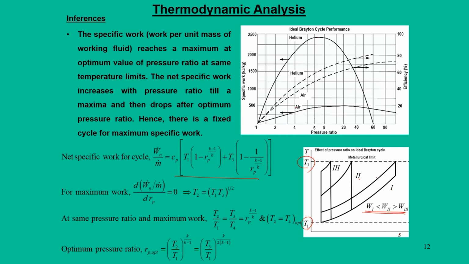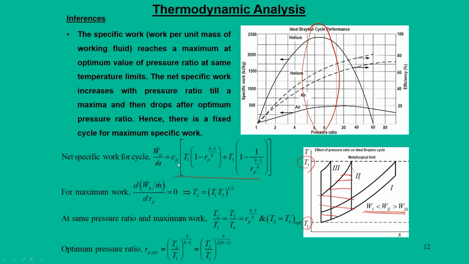But what we can have, we will get the optimum work in the cycle 2 only. So basically this is true because we want to operate the cycle only for a maximum power for which the pressure ratio is optimum. So that is the reason we normally operate the gas turbine cycles for maximum power, and that maximum power can